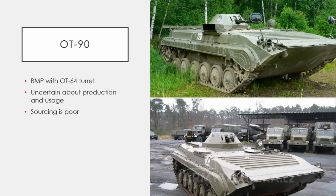But that will wrap up the Warsaw Pact vehicles for this video. But I do have a bonus country. It wasn't part of the Warsaw Pact, but a lot of its vehicles are very, very heavily based off of Soviet designs. So I thought if I was going to talk about them, this would probably be a good place to do it. And of course, that means talking about